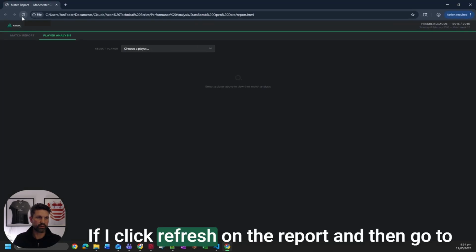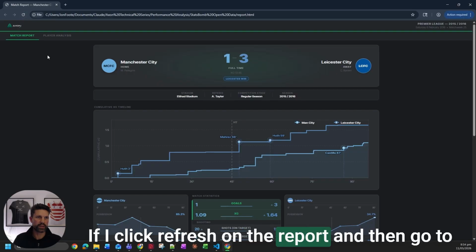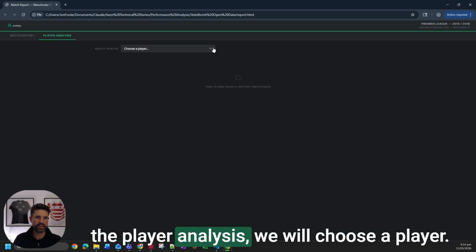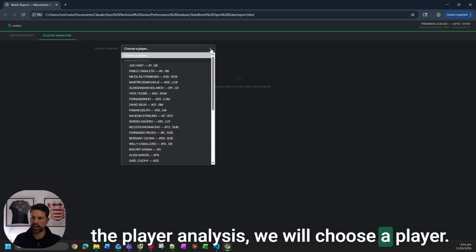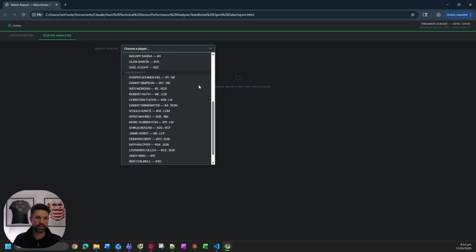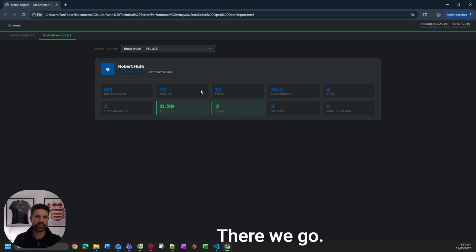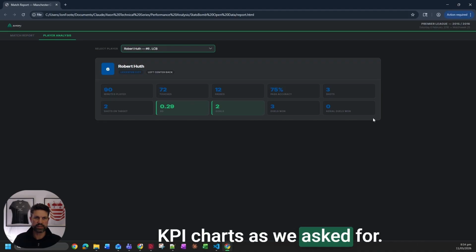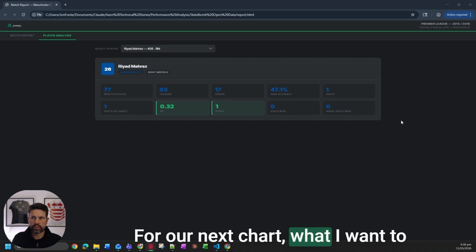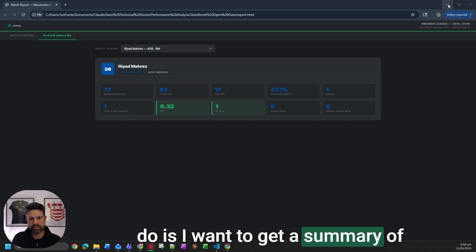If I click refresh on the report and then go to the player analysis, we will choose a player. Let's go to Robert Huth as one of ours. There we go. We can see we have the KPIs charts as we asked for. For our next chart, what I want to do is get a summary of the players'